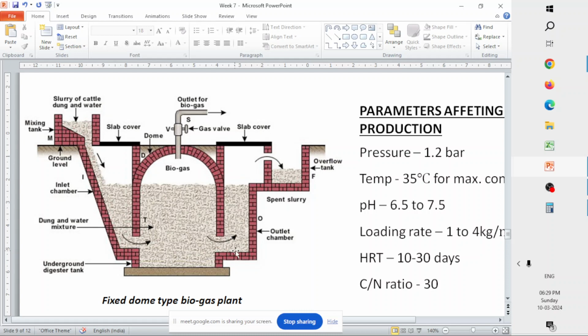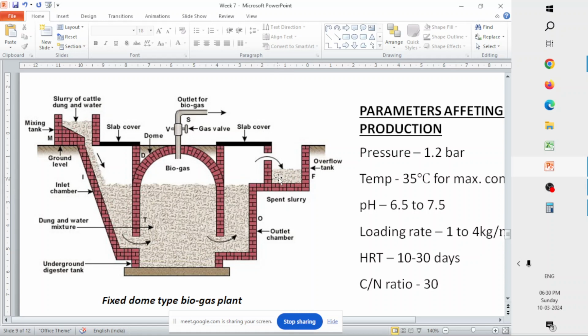Once this keeps happening, the level of the spent slurry in this compensation tank will keep increasing, and there will be overflow of the digested matter to the overflow tank, which will be collected here. This spent slurry or digested slurry that is present in the overflow tank can be taken out and used as a manure or fertilizer